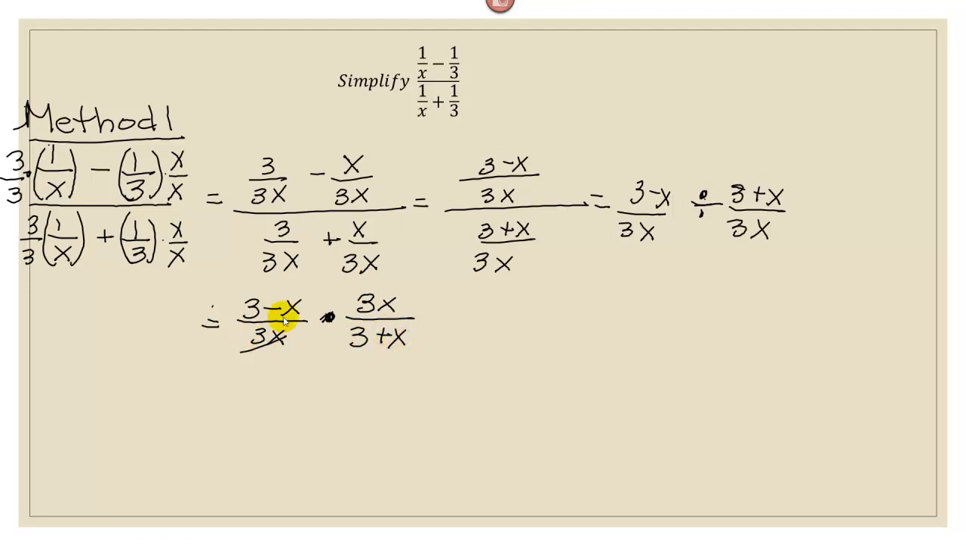Okay, so now these 3x's will cancel, and we're just left with 3 minus x over 3 plus x. And this doesn't simplify anymore. We're done. So this was a lot of steps, and this is why I actually prefer method 2. The way method 2 is going to work,